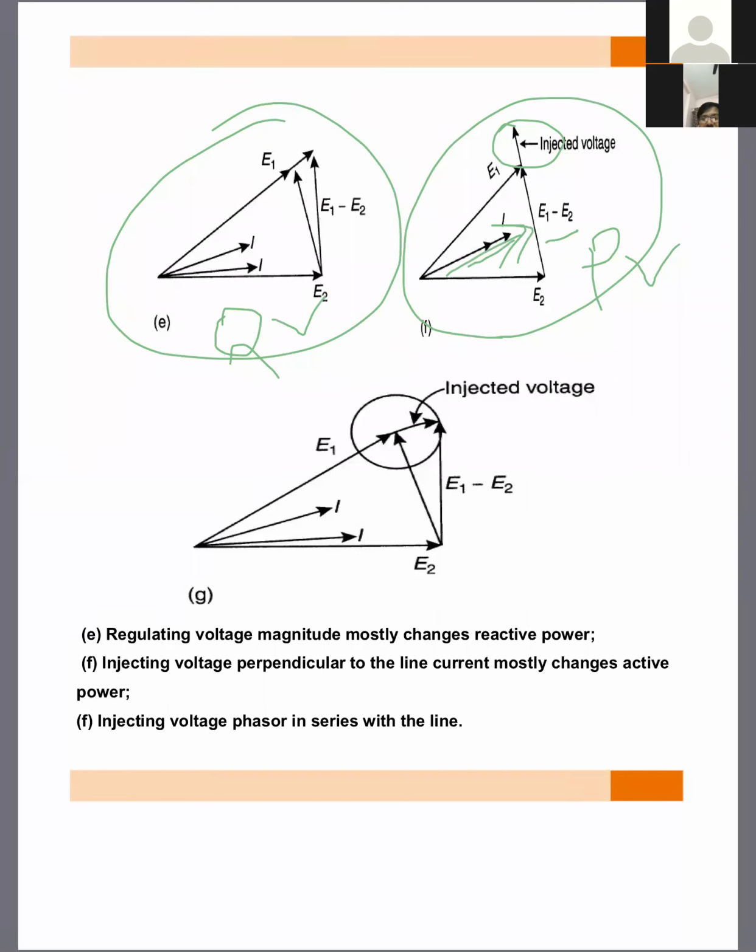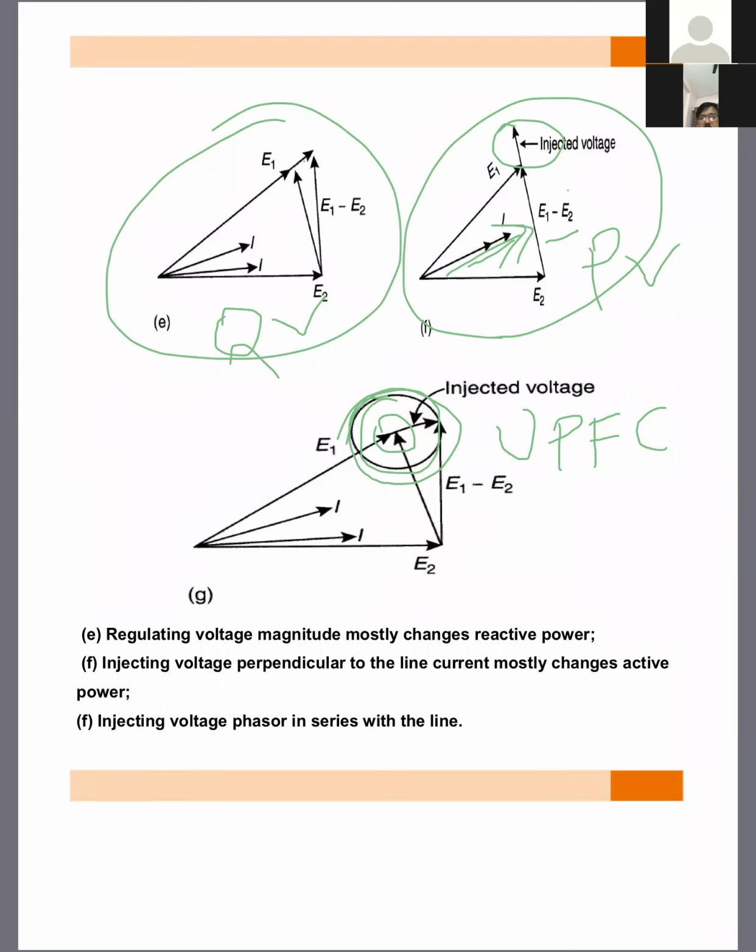And the last case is where you consider all the cases, both the in-phase and quadrature cases, and you can regulate the voltage over 360 degrees. Remember, the injected voltage will be varied for the entire 360 degrees, either in phase with the voltage, in quadrature with it, or in all the cases, so that both real power and reactive power will be varied. This case you can consider a UPFC, Unified Power Flow Controller.